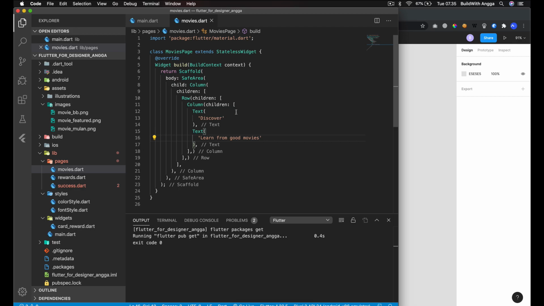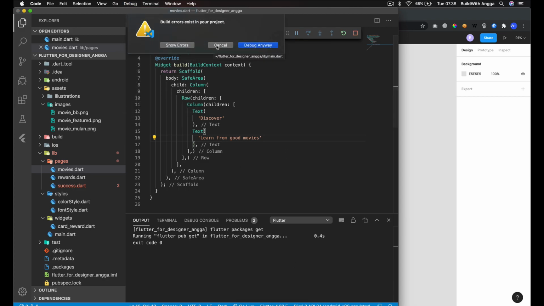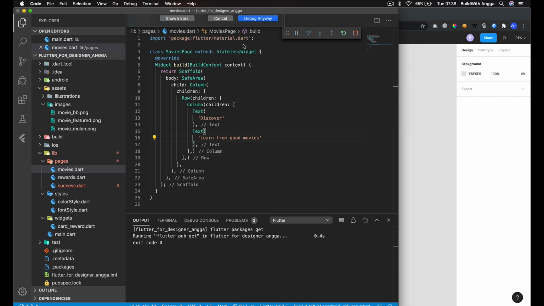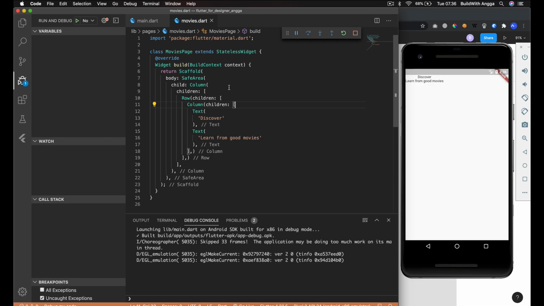Just like this at the moment. So we need to start debugging to see if this is working or not. Okay, just debug anyway. If you see this, it is working pretty well.